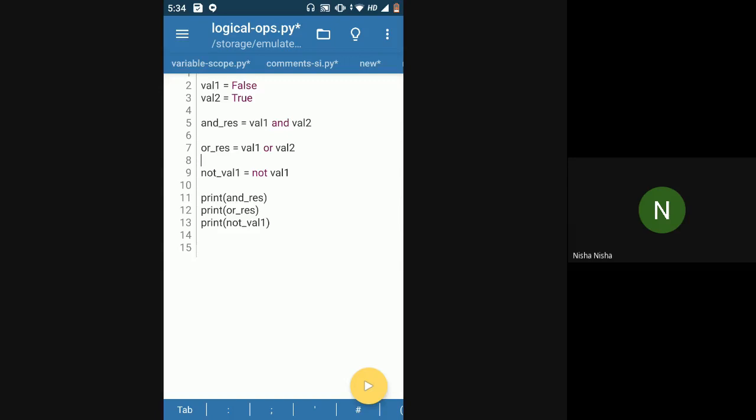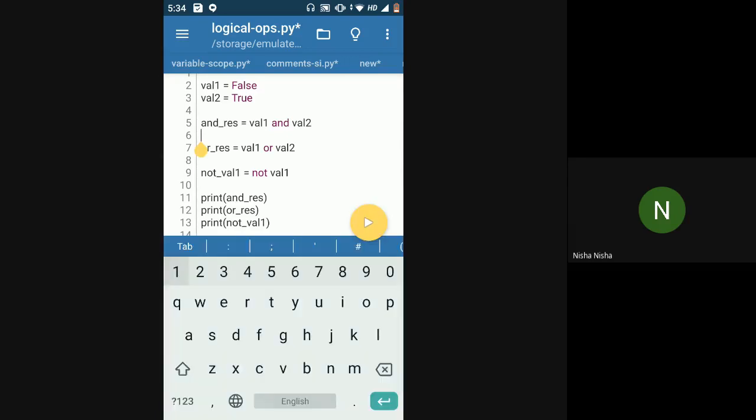Now, how to evaluate that Boolean output? Whenever you're using the AND operator, your answer would be true only if both operands, val1 and val2, are true, or else your answer would be false.